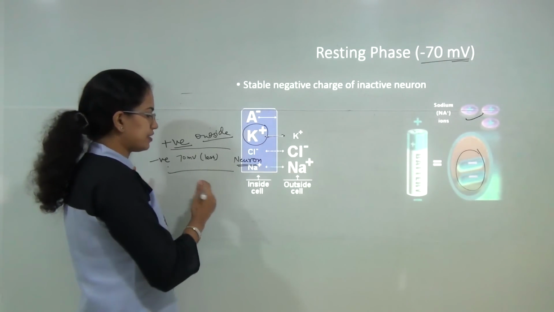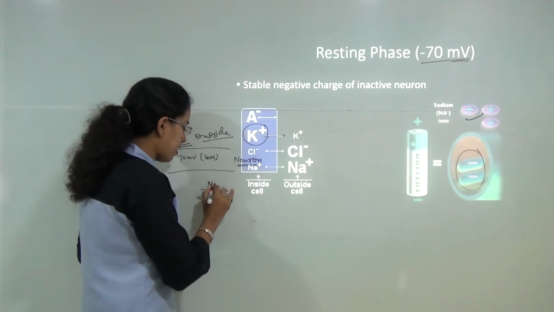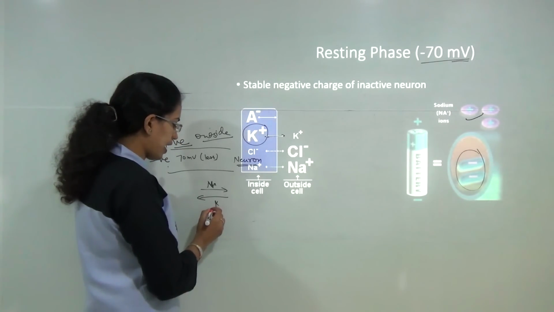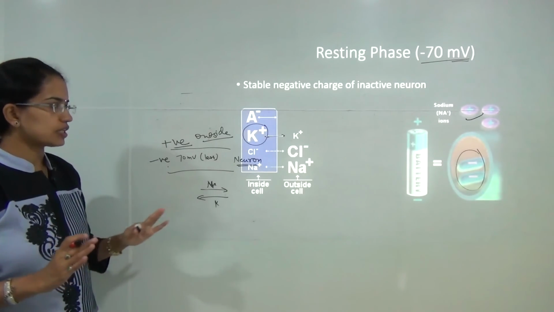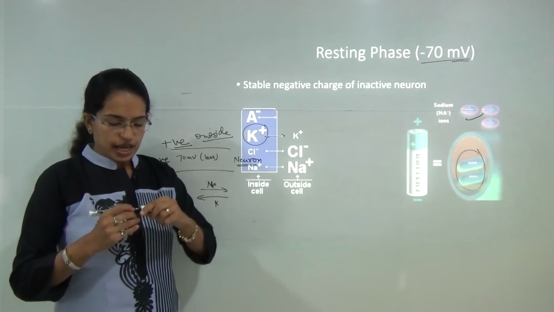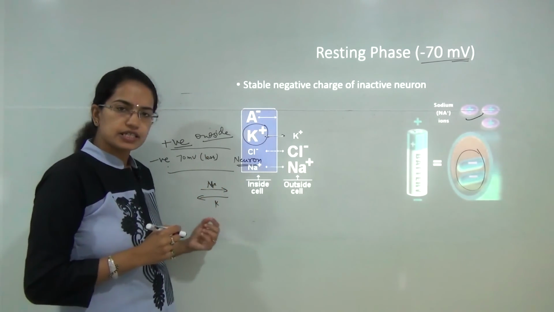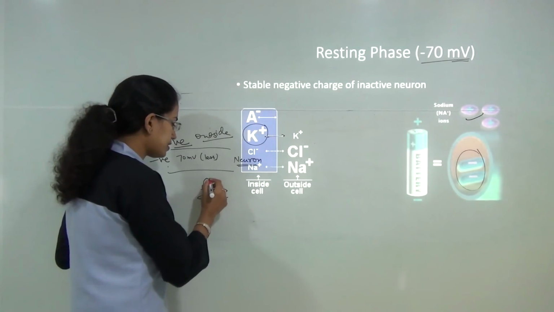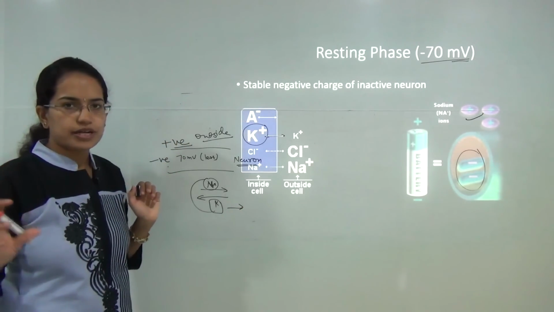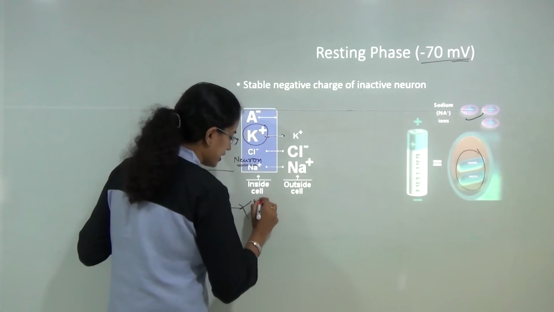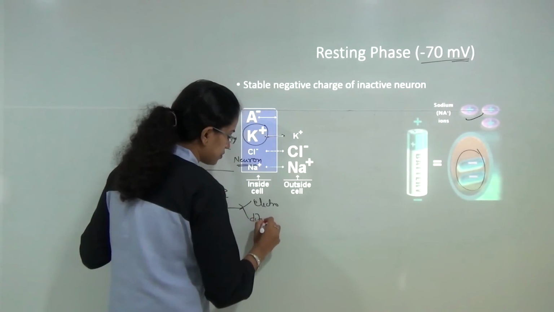So you have a kind of exchange of sodium and potassium that takes place, but however more sodium is moving out and more potassium is moving in. That is what happens during the resting phase. And now the important thing is, this sodium moves through the potassium channel itself. So the movement of sodium occurs through the potassium channel, and that occurs by two means. First is the electrostatic movement and the diffusion forces.